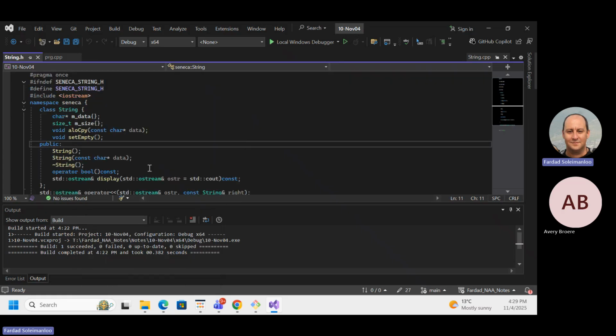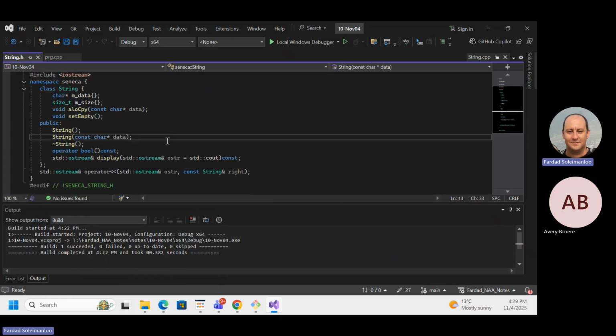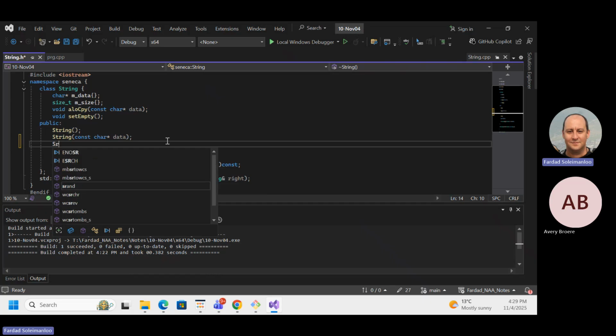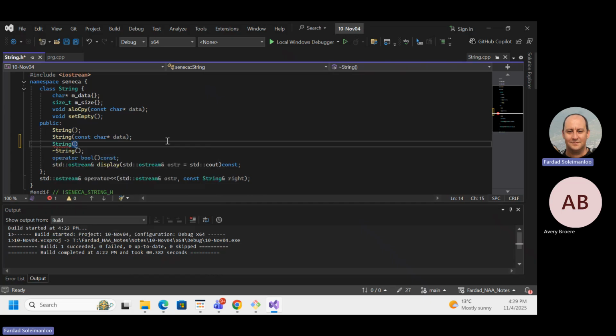Okay. So what is the signature of the copy constructor? It's a string. First of all, you don't want to change what you are copying, right? So it has to be constant. Then string, and in here, I'm going to say other. Now, this is wrong.